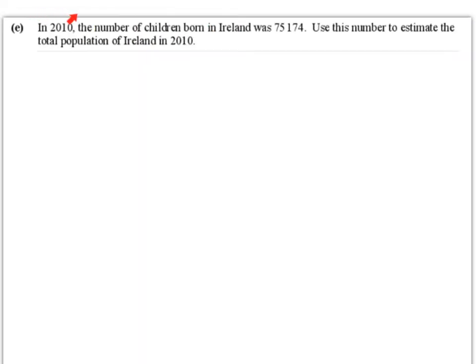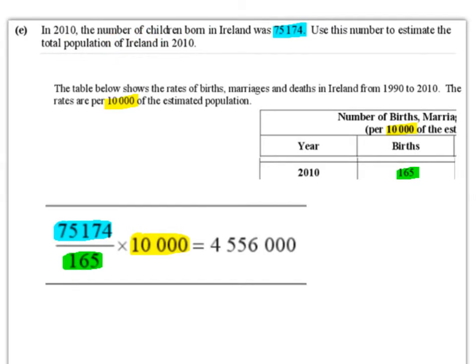E. In 2010, the number of children born in Ireland was 75,174. Use this number to estimate the total population of Ireland in 2010. So the table below shows the rates of births, marriages and deaths in Ireland from 1990 to 2010. The rates are per 10,000 of the estimated population. So in 2010, there were